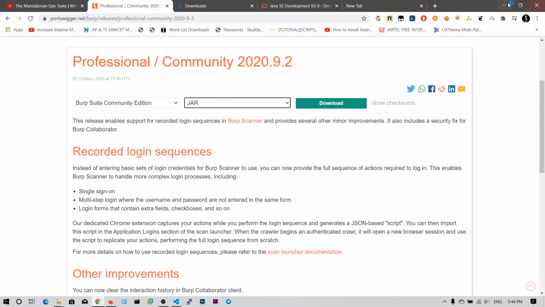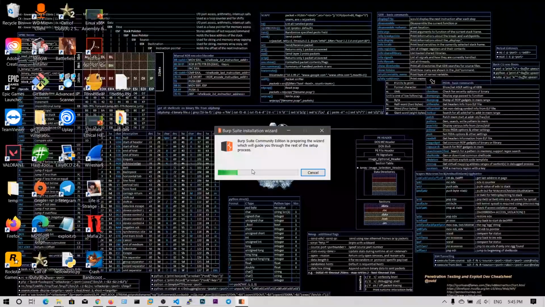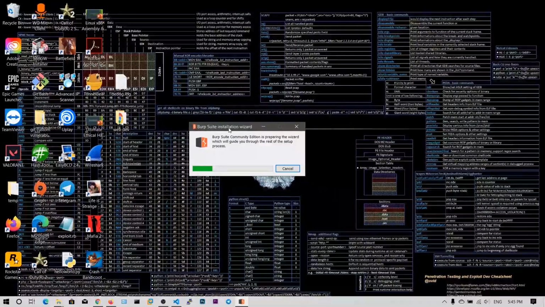This is my first time installing Burp Suite. I always download the jar, and I can basically open this jar file to run Burp Suite. So let's see how this installation goes.